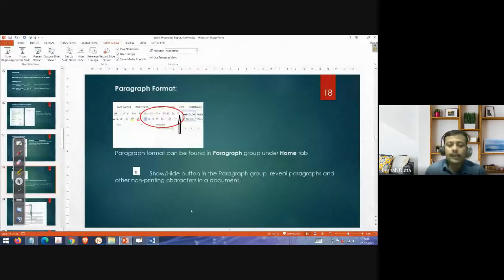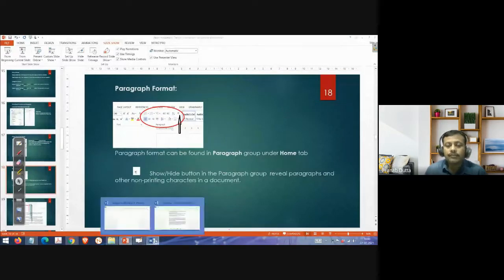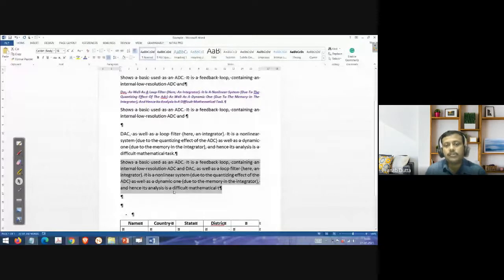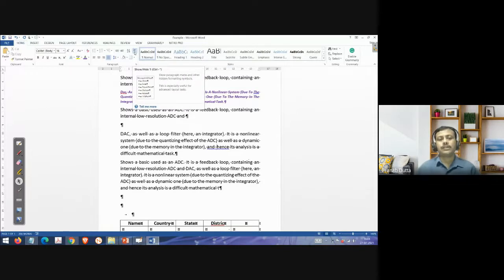Now in a particular paragraph, how many tabs are there, where the hidden parts are, we can easily find out. Suppose in this paragraph, I want to find out, right? Just press this. If you see where there is a tab or where there is an enter, this symbol shows it is an enter, right? So it will show this thing. If I give a space, this will be shown by a dot. Everywhere, space is shown by a dot. So the hidden things in the document we can easily find out by clicking this show hide button, right?